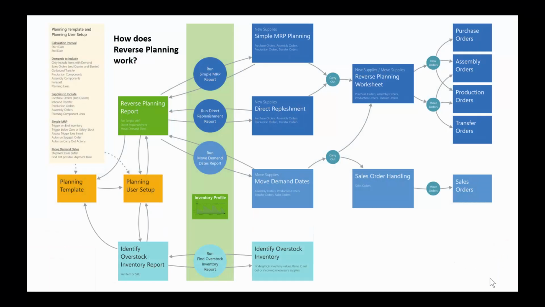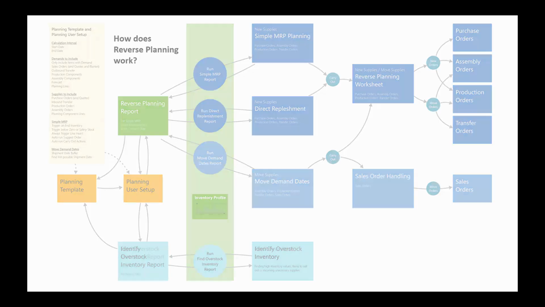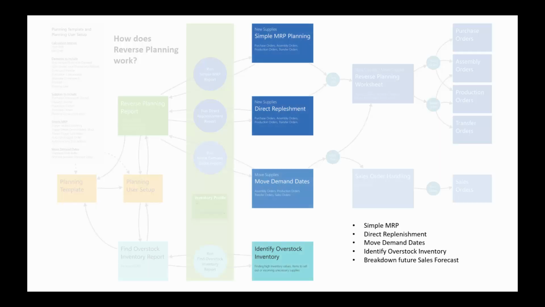Let's take a look at the 4 or maybe 5 primary user stories in reverse planning, or areas of reverse planning, to explain what they do. If this is an overview of the full reverse planning, the idea on the concept of the tables and functions, you might want to look into the primary function. That will be the simple MRP, direct replenishment, move demand dates, identify overstock inventory, and then we added a small